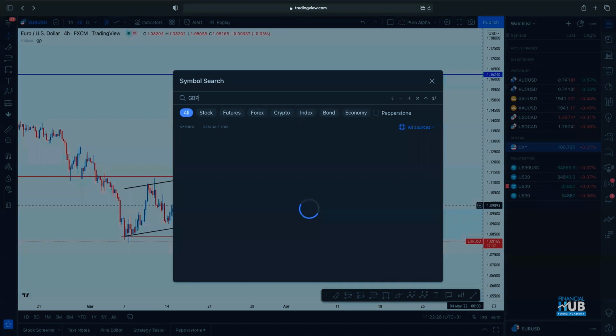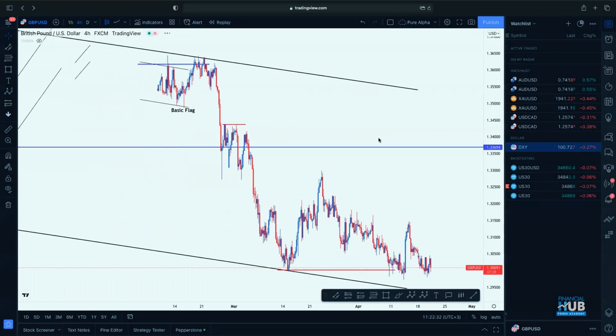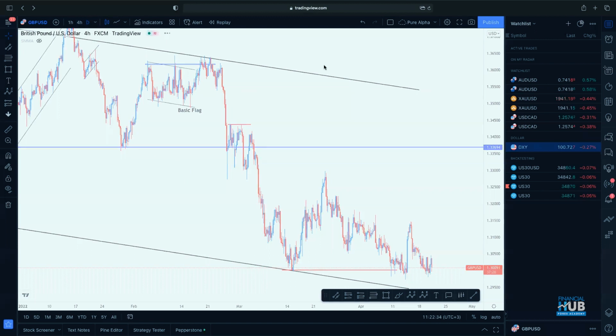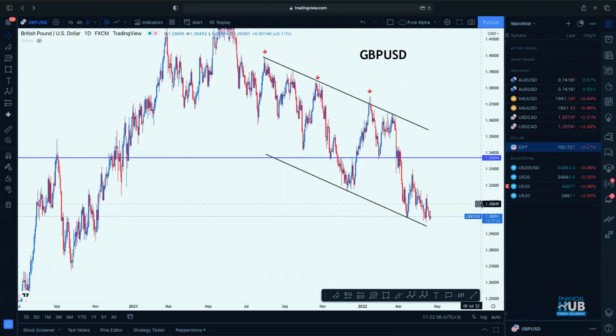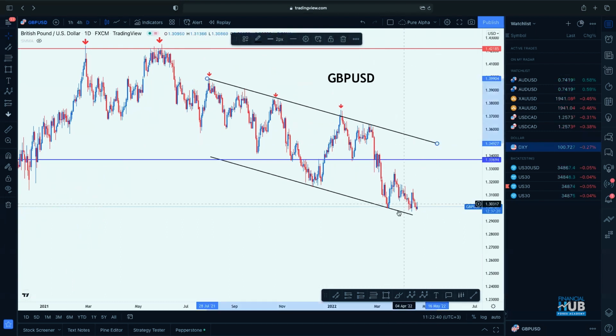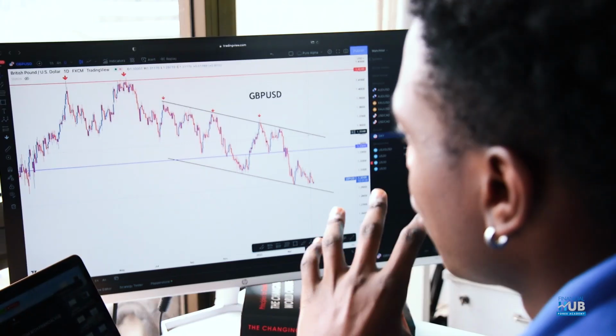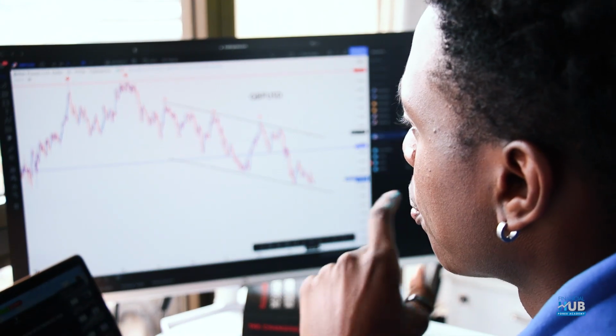And last but not least, maybe if you look at GBP USD, what do we have? Also, GBP USD has been forming good formations to the downside, respecting sort of this channel like formation. So you can see we have this channel like formation. Market has been respecting to the downside, and remember, you want to be trading in that direction until the trend changes. Okay, so I think I'll end it there. I don't want to spend too much time on these ones. Remember, as I said, I don't want to do deep analysis on the pairs that I don't trade.